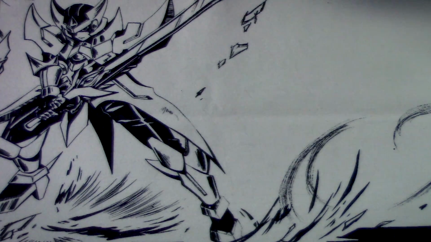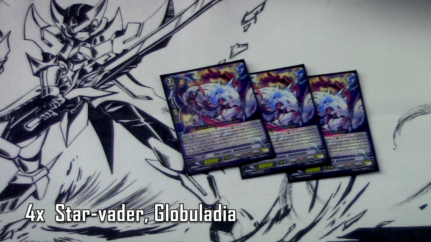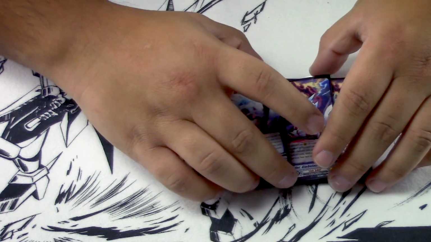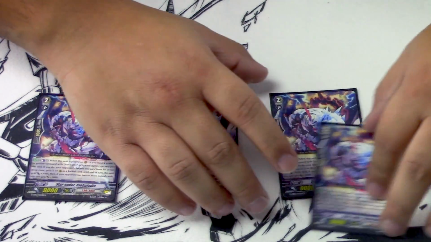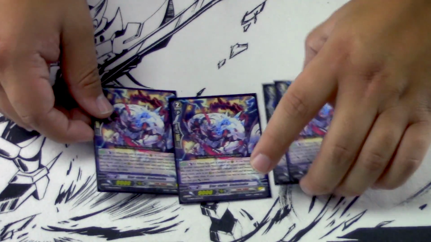So another card that kind of follows the same vein there is, I cannot pronounce his name, to be honest with you. So Star-vader, Globuladia. So we're going to go with that. If you've been watching Team Absolution videos, you know that my pronunciation skills are not the best when it comes to Vanguard cards. So I run 4 of this card as well,